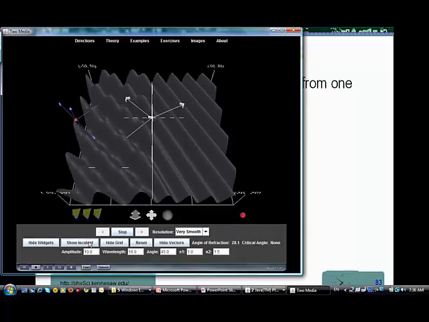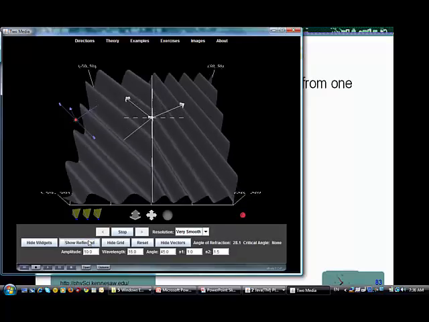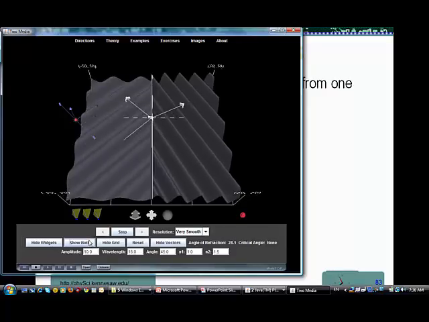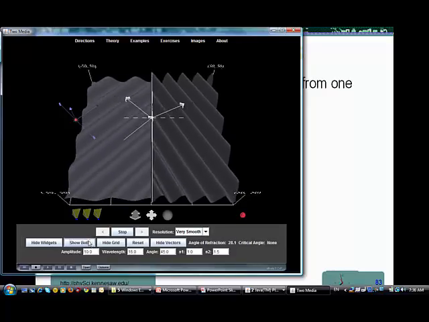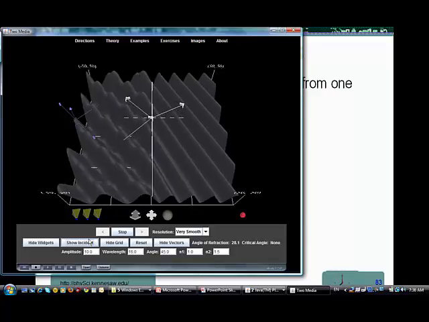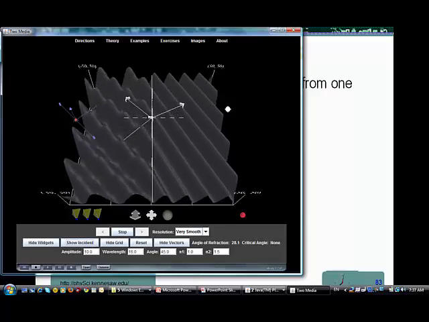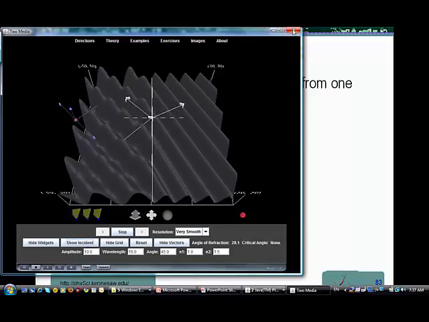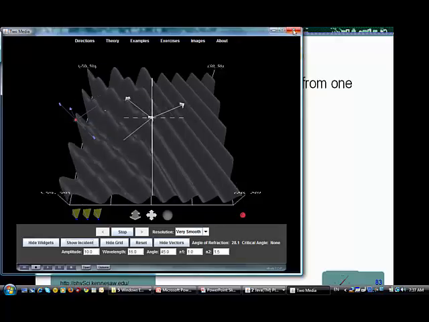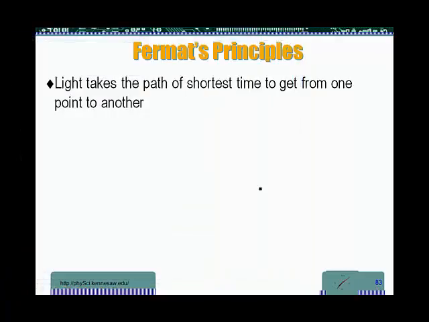If we look just at the incident, that's the incident. Just at the reflected, that's the reflected. But the real world has both. Okay? Now that we have that point, the fact that the wave does not travel in a straight line, let's look at it